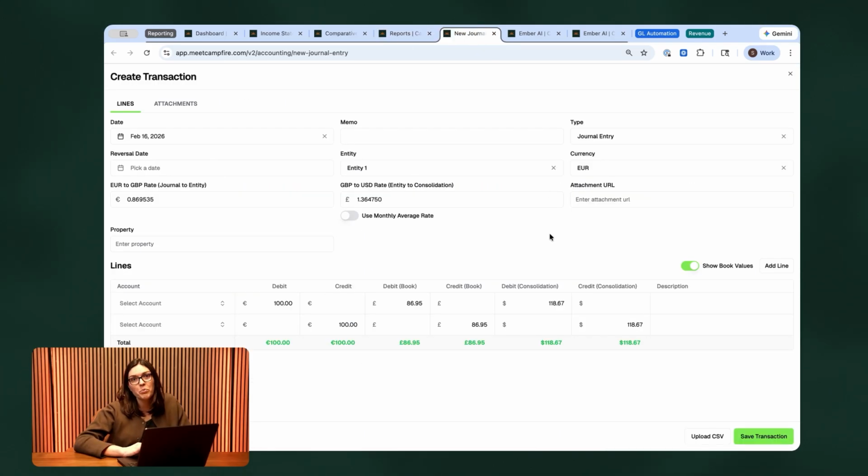One other thing I'll highlight on the reporting side is we have a triple ledger system. So all at once within a transaction, we show the transaction currency, the book currency of that entity, as well as the consolidated currency. So you can always trace, based on the FX rates, all the different values of a